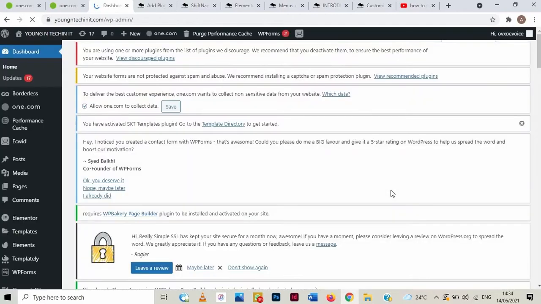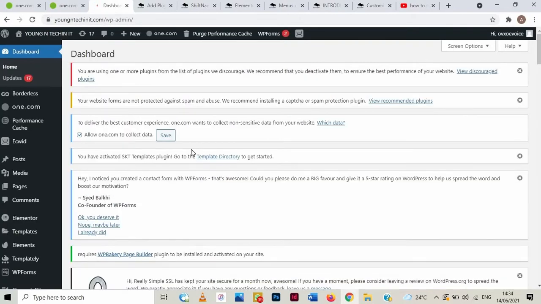Now I want to show you how you can add a simple SSL certificate to your site. This is very important when you're designing your website, because when you have an SSL certificate and anybody tries to visit your site, whenever they see that,